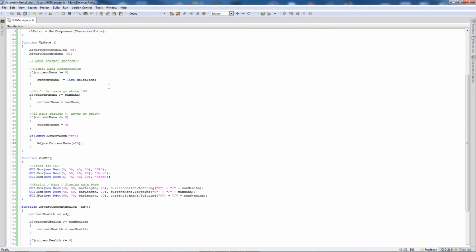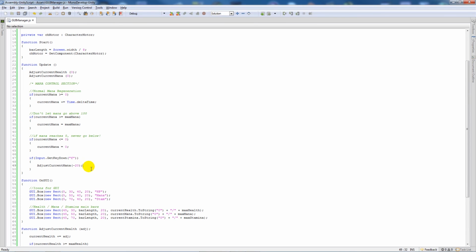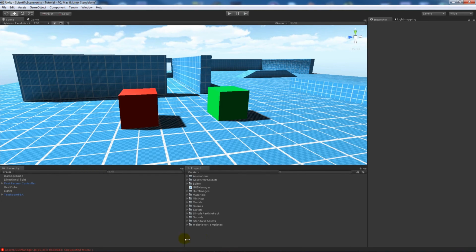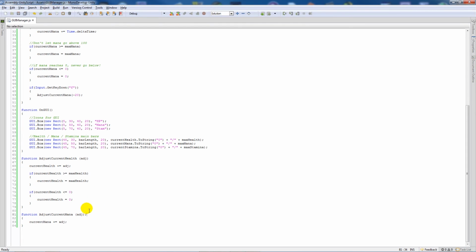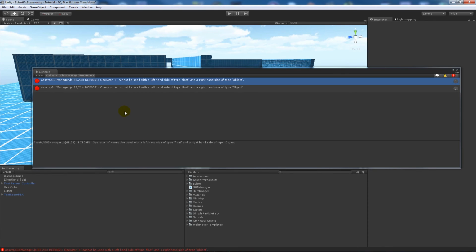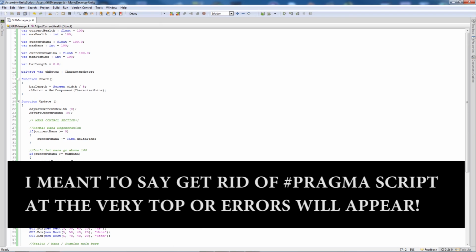And that just means, as I said before, if we press F, we're going to adjust the current mana with whatever value we gave to it. So -20 will take 20 mana off. So that's it done for the mana. If we save it out, when I look back at my script, I don't know why, but on my function I accidentally put semicolons at the end of these, they don't need them. So you want to save it out, open Unity back up, and also remember when we started this script in JavaScript,